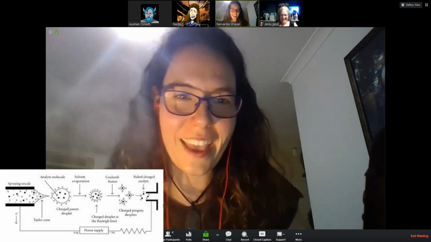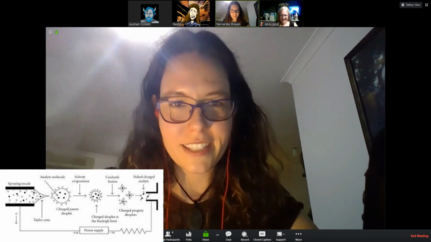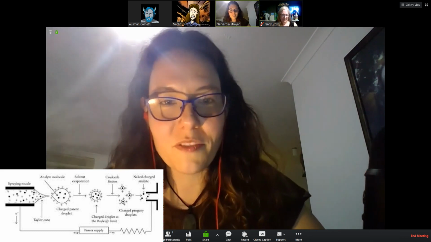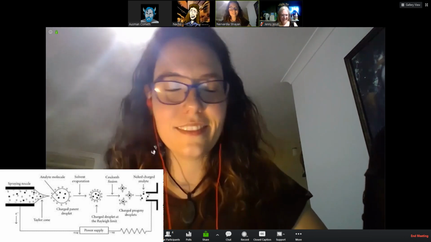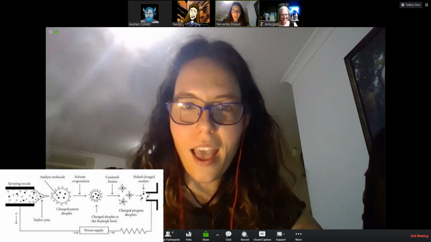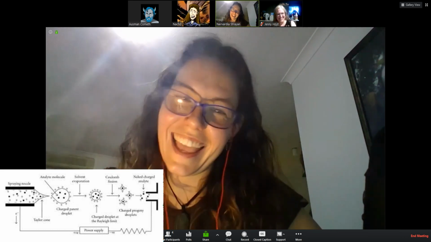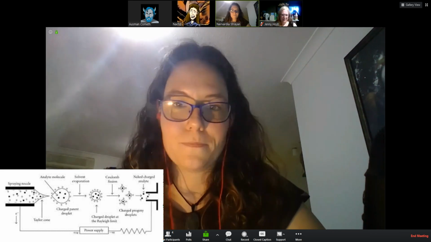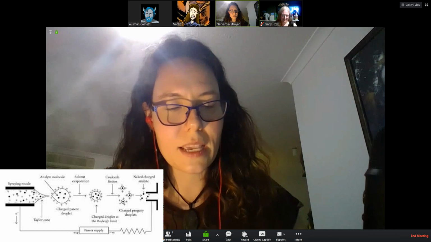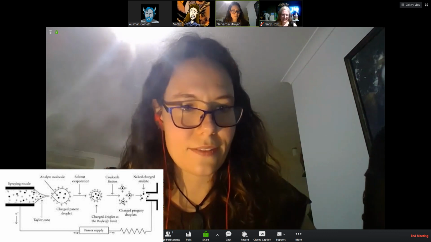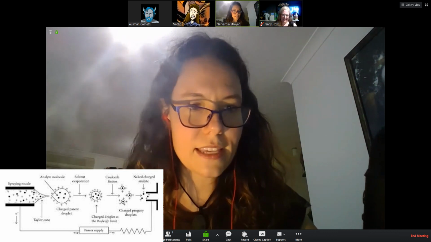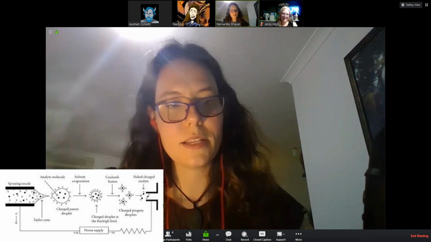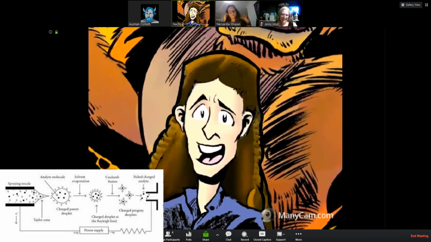Okay, awesome. So electrospray ionization, or ESI. This is a technique that allows larger and polar molecules to be detected in a mass spec. So what's happening down the bottom left-hand corner, you can see basically what happens is